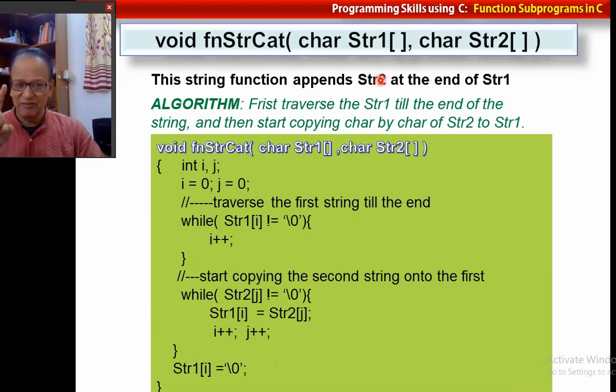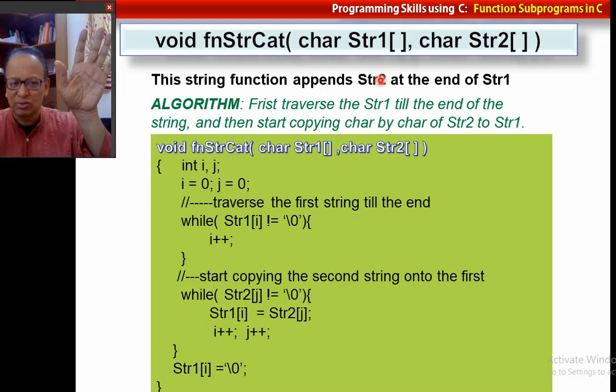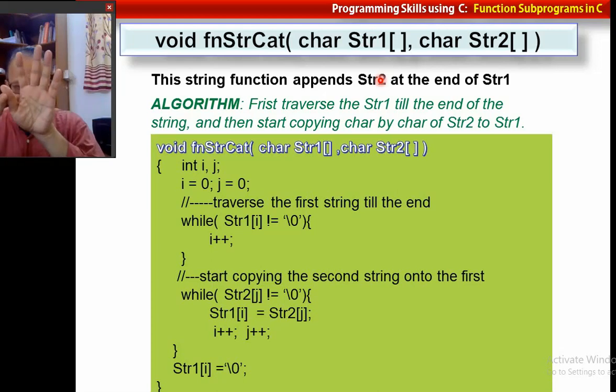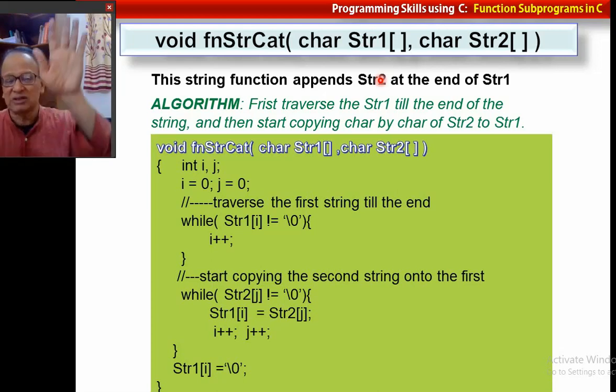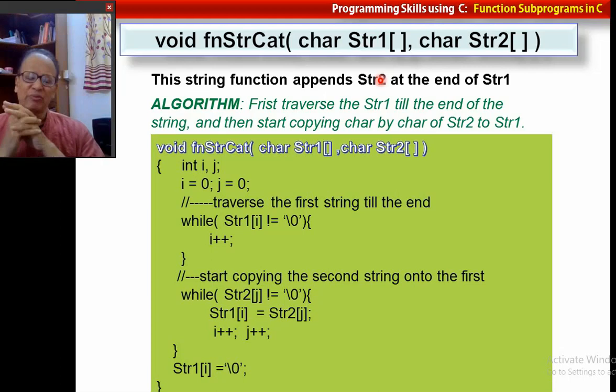It's slightly difficult. I have seen in the past 25 years that very few students have been able to come up with the answer. You are going to compare these two strings. They may be equal, or the first may be lexicographically greater, or the second one is greater. So what are we going to do?